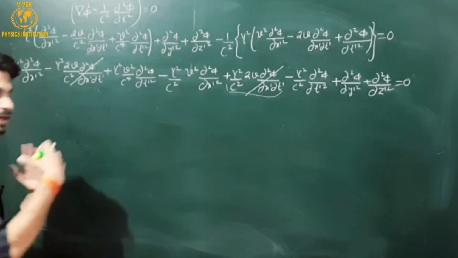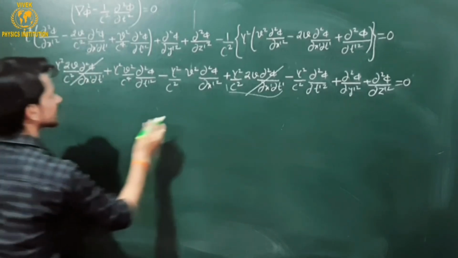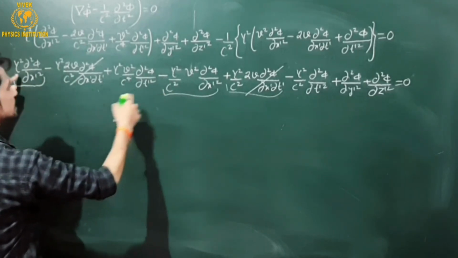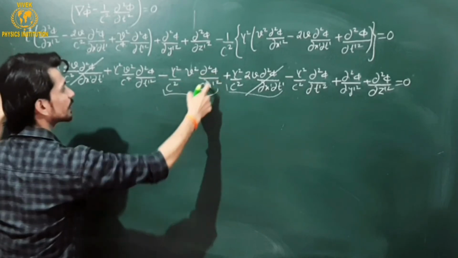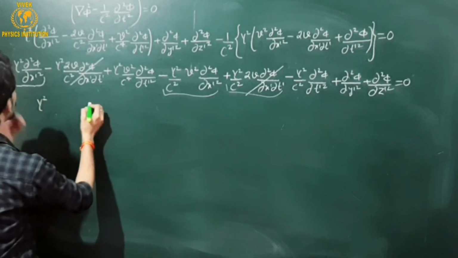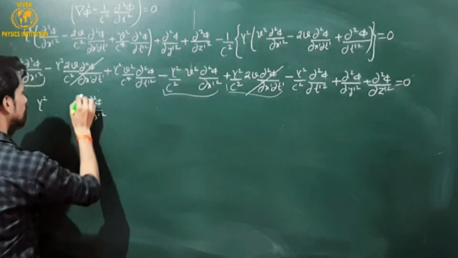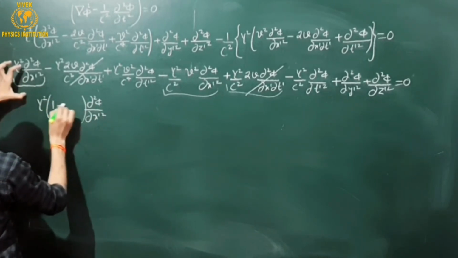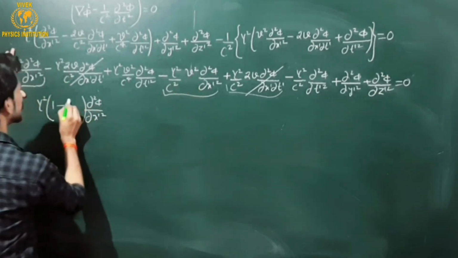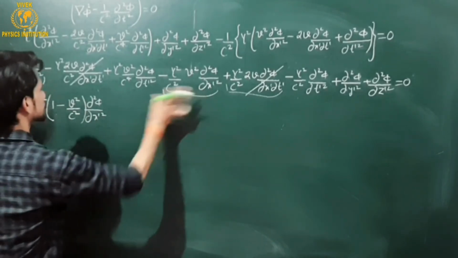Now let me take together the terms in which x dash is representing. So this one factor will be taken with this one factor. Okay. So from these two factors I can take common gamma square as well as del square phi over del x dash square. So gamma square is common, and also what is common? Del square phi over del x dash square is common, and the rest is from here. This is 1 because this complete factor is common. 1 is here, and from there minus v square over c square will be there. This is for these two factors.